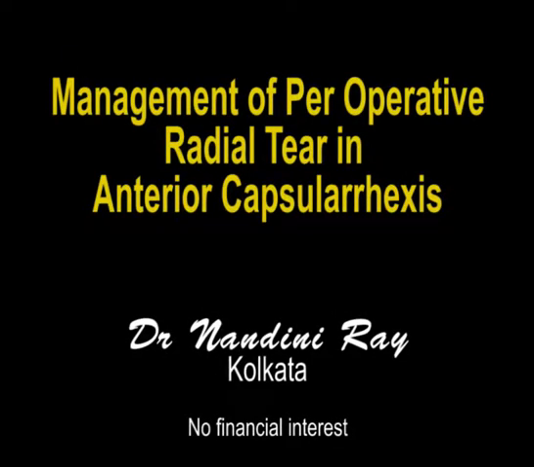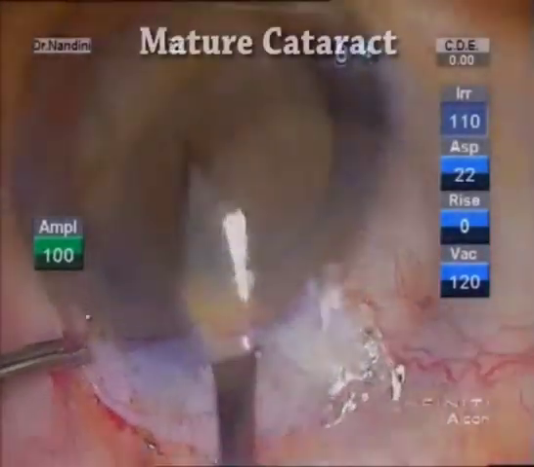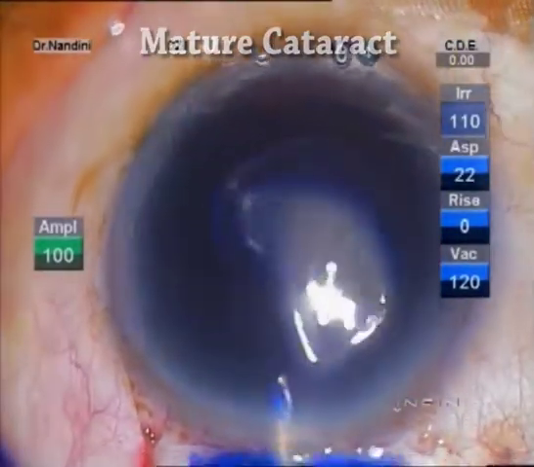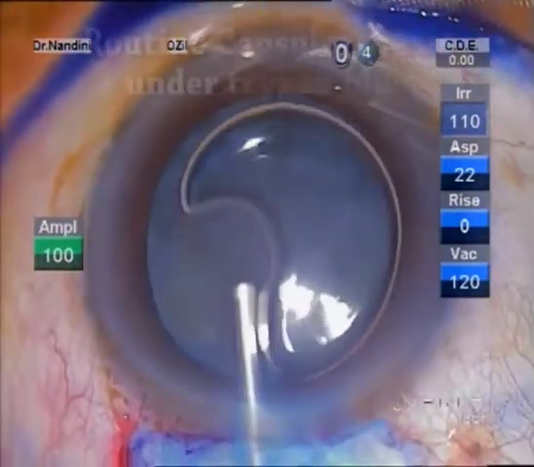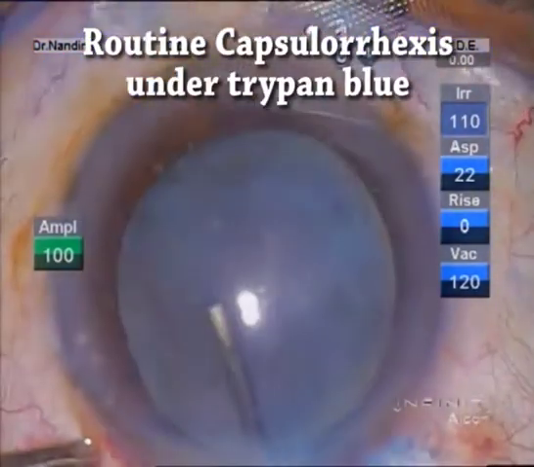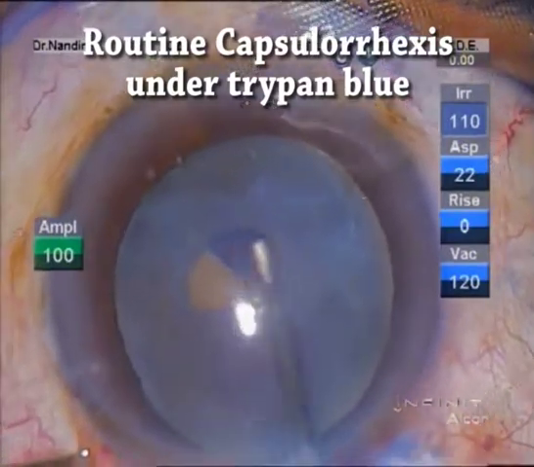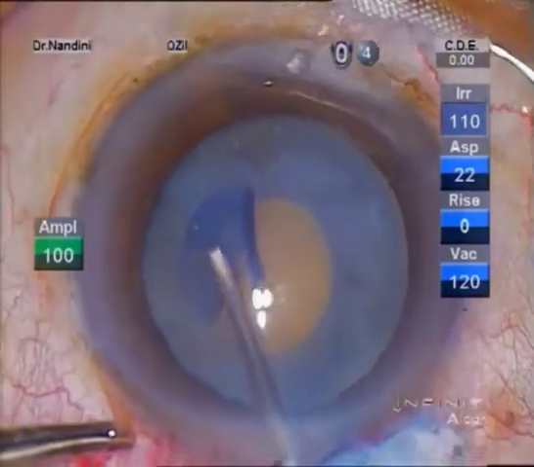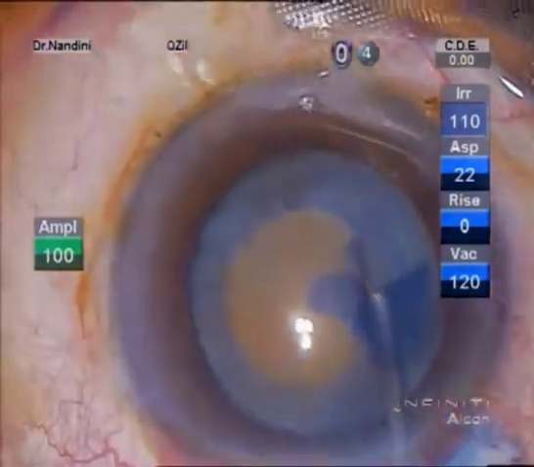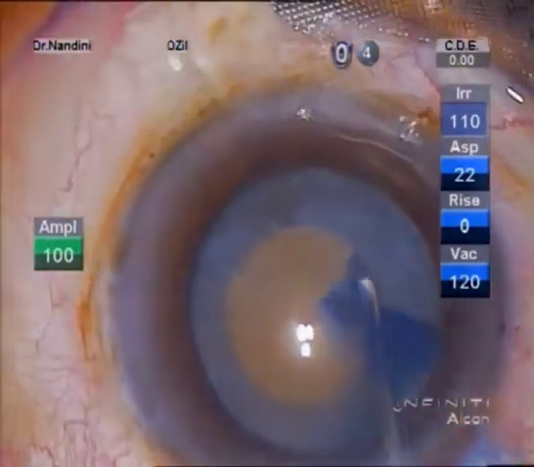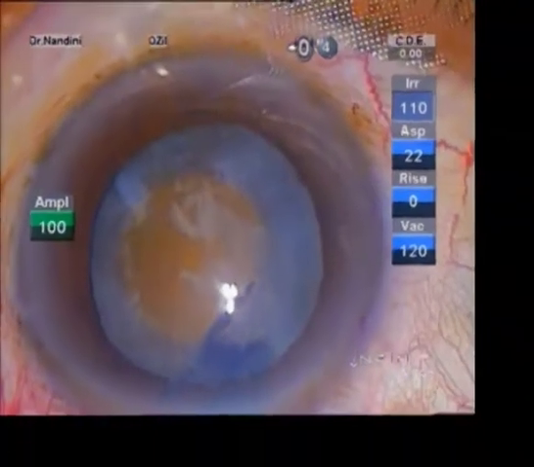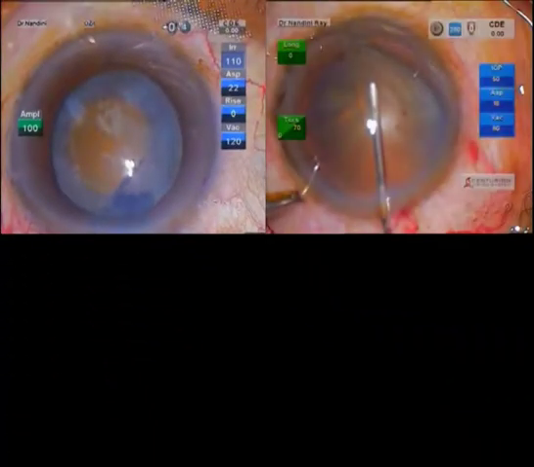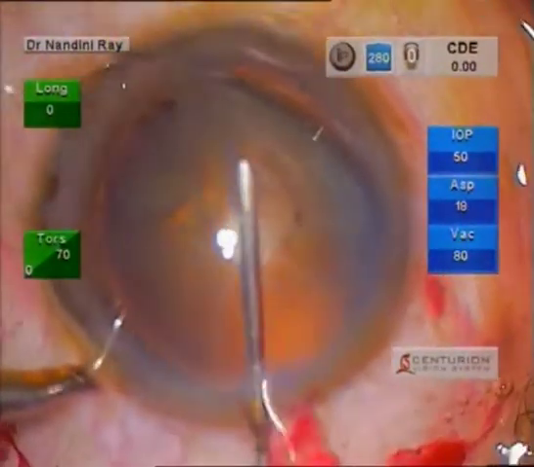Management of peroperative radialization or a radial tear in a circular capsularrhexis is certainly no joy to behold. It can happen in a wide array of surgical situations. A rock-hard, hypermature cataract, even with a fully satisfactory round CCC, or a case with a well-dilated pupil and a